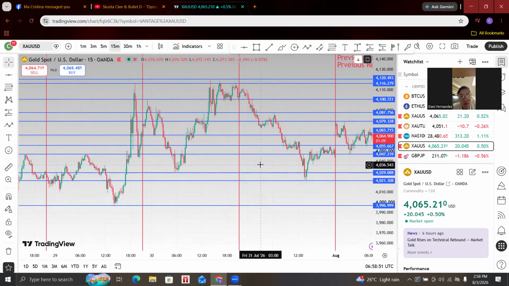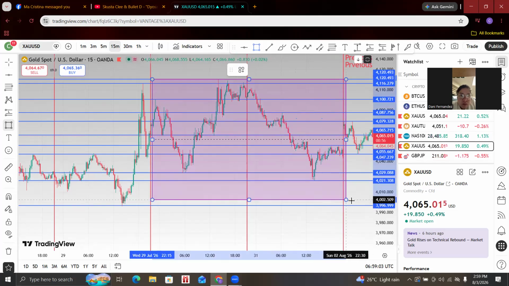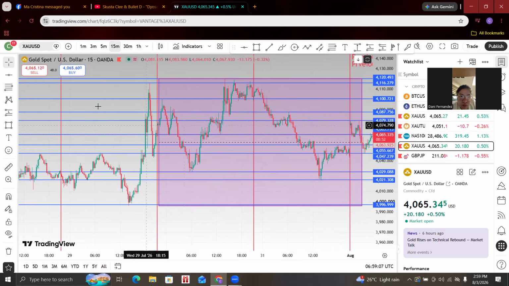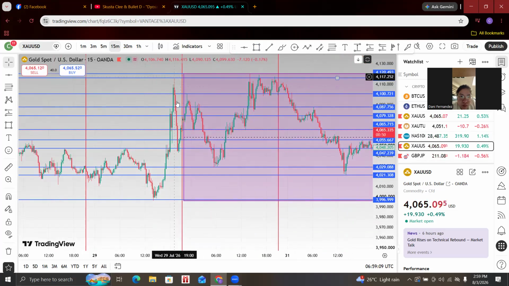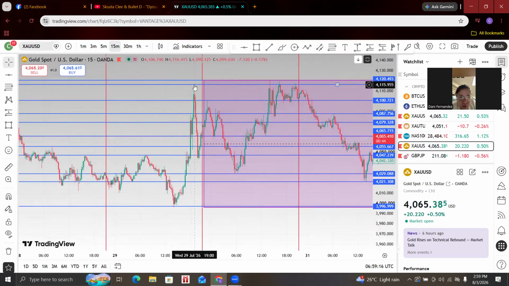So how do I use support and resistance? It's going to be like this. We mark this out first. Let's say you marked out until right here. Then this side of the market is not here yet. So this whole thing is not here. The only thing you can see is this part right here, so you mark out a resistance right here.